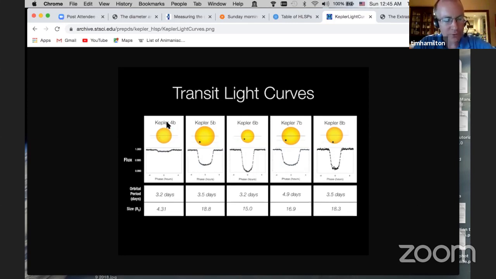So each of these planets is named Kepler and then the number. Now that is actually the name of the star that it orbits. Kepler 1, Kepler 2, Kepler 3, Kepler 4, Kepler 5, and so on, in order of discovery. So Kepler 4 is this star, and then we put a letter b for the first planet discovered around it. A, by itself, would also refer to the star. So b for the first planet, c if there's a second planet discovered, d if there's a third, and so on. So Kepler 4, 5, 6, 7, and 8.